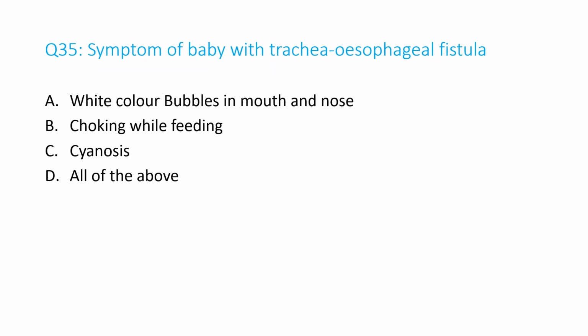Question number 35. Symptom of a baby with tracheoesophageal fistula. A. White-colored bubbles in mouth and nose, B. Talking while feeding, C. Cyanosis, D. All of the above. And the answer is